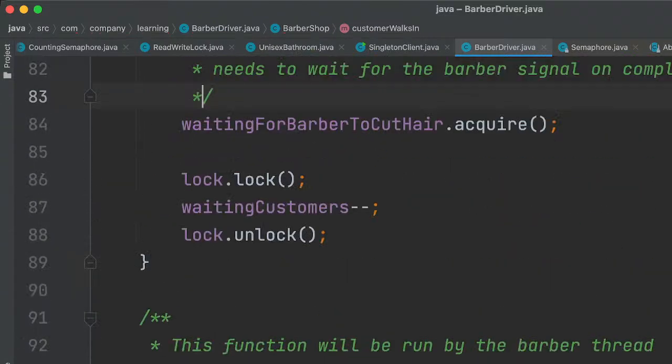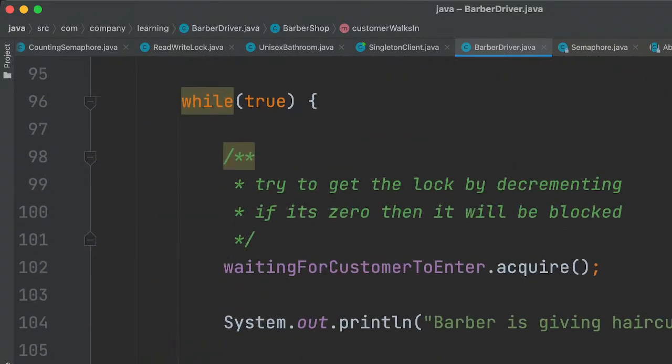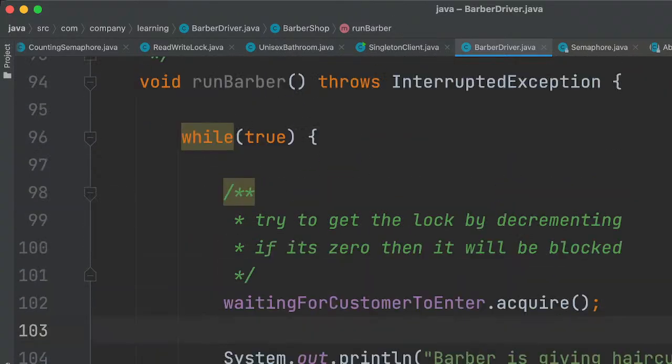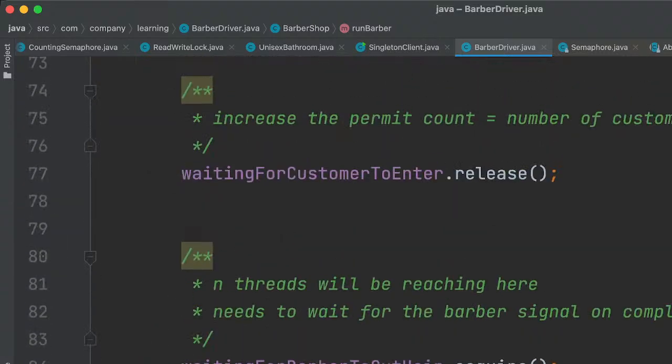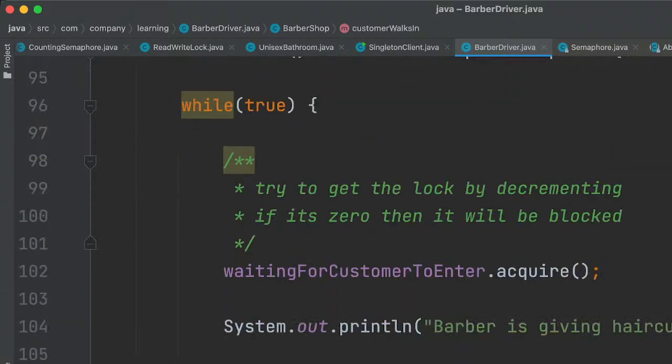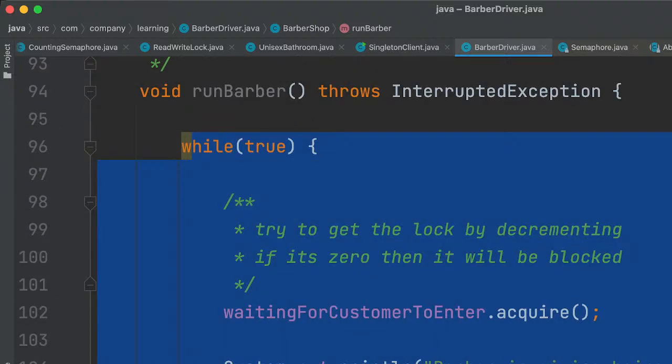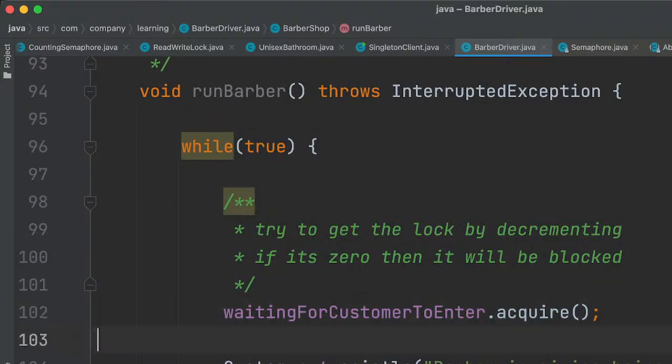So what we can do is, once he gets the signal from here, he will be jumping. This thread will be unblocked because this is the only thread running continuously, and we can simulate Thread.sleep, let's say 1 second, to complete the request.